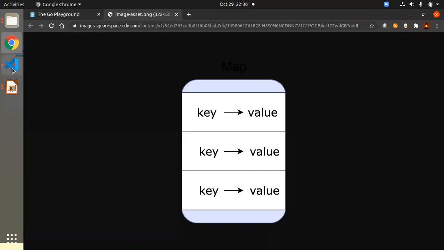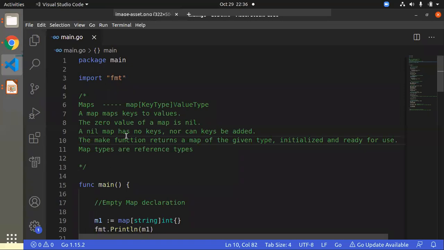With that, we will understand what syntax rules are available for the map inside the Go language. It will have the keyword called map, and it will have the key type and the value type. So you define the map with the key and its type and the value and its type. After defining, you can add keys, or if you already have values, you can retrieve the value by providing the key to the map.